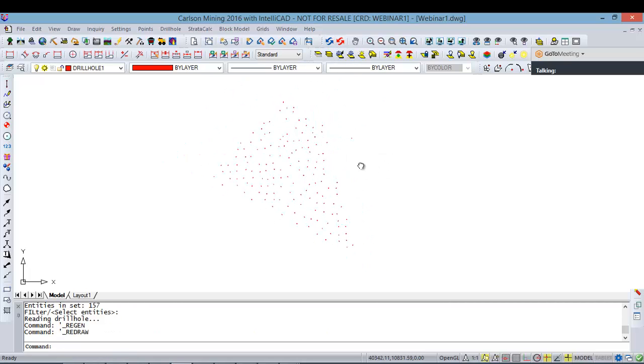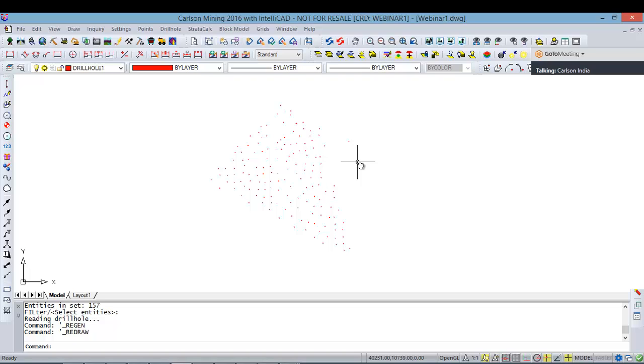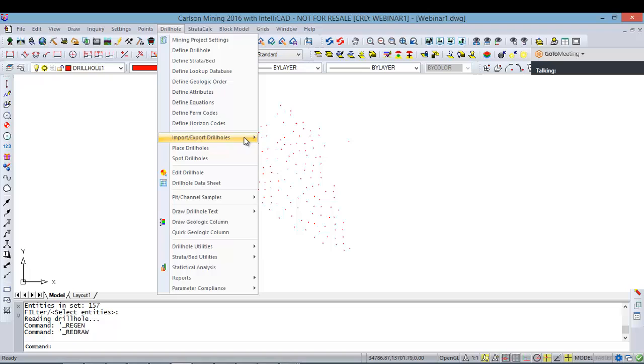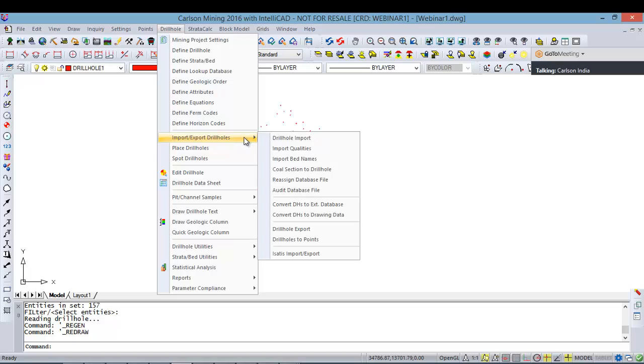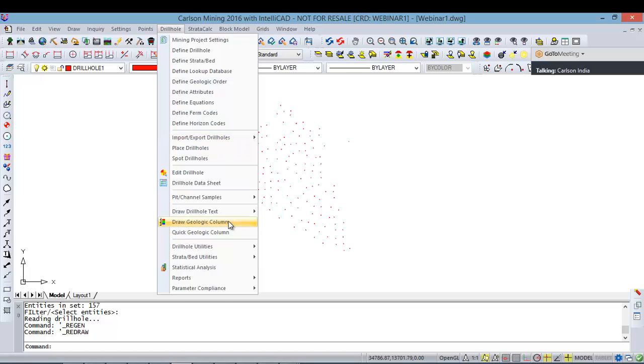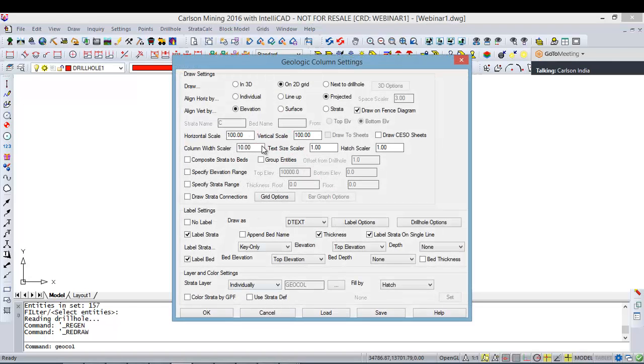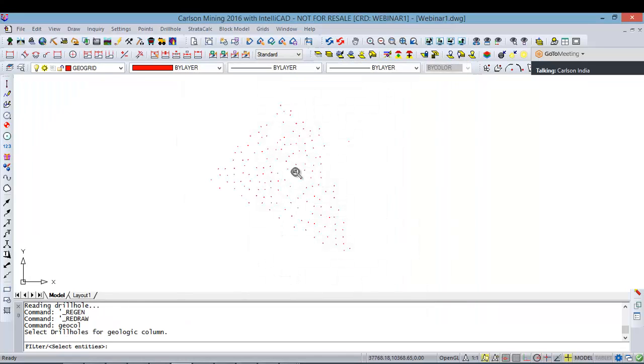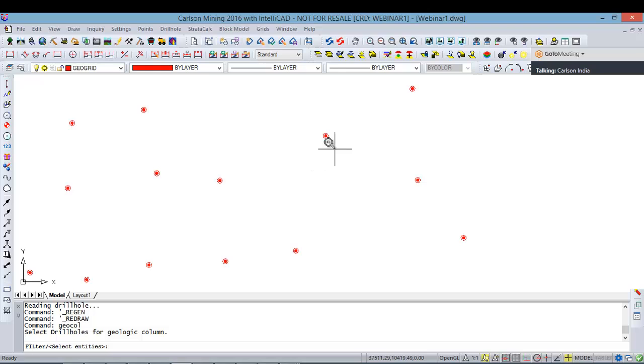So once you have imported your drill holes and quality data, you can easily visualize your drill holes in 3D, in 2D, or whatever way you want. You can create your fence diagram, you can create your volume calculations and everything. So what I will do, I will simply click on draw a geologic column for a single drill hole entry, and in this I will make it for 3D. I will select 3D, click on OK, and I will select one of these drill holes supposedly,